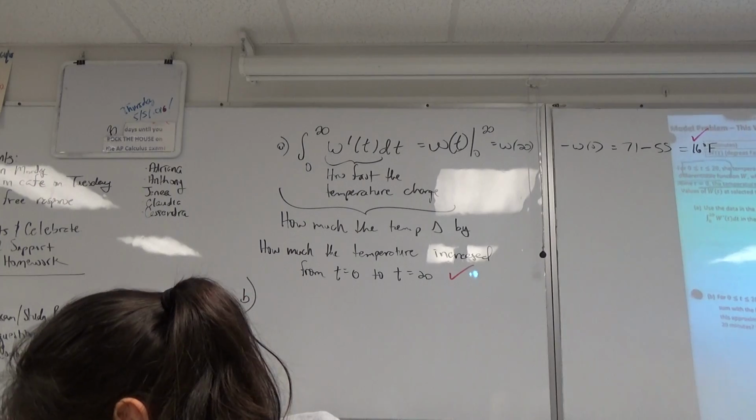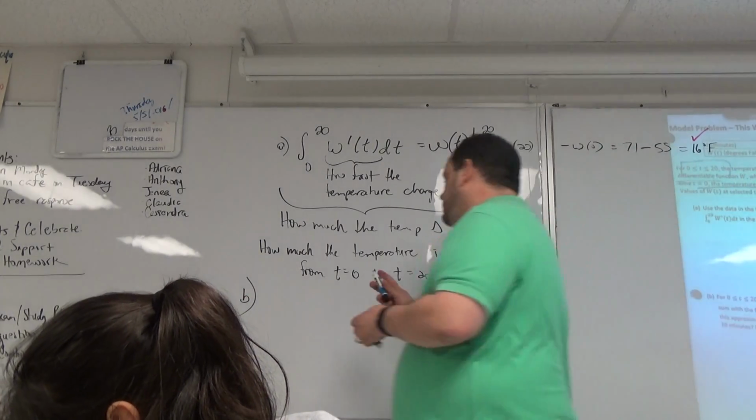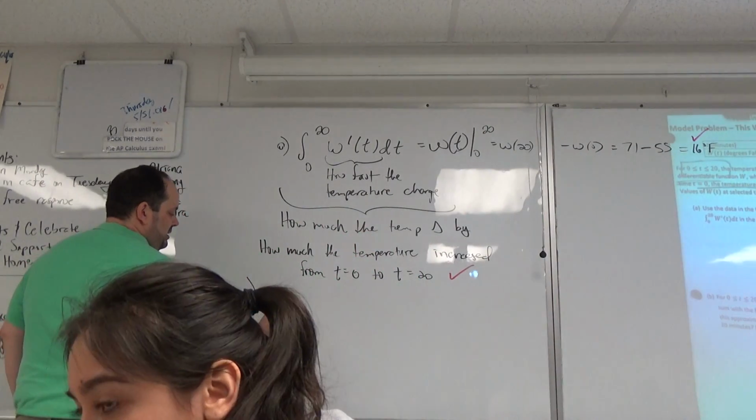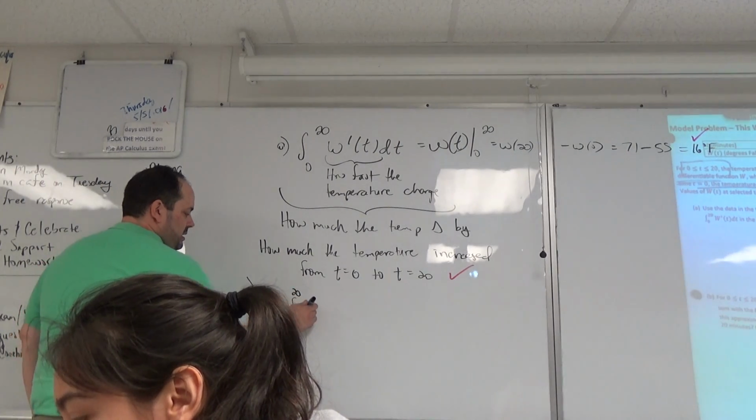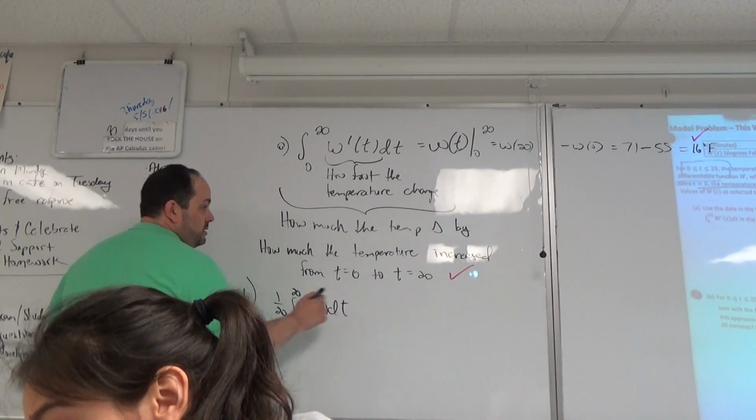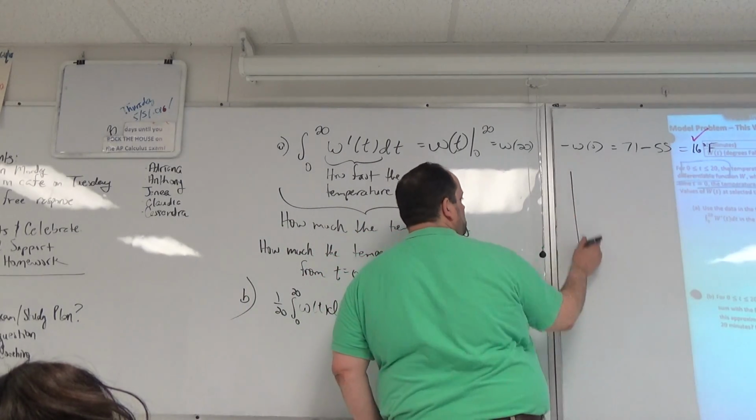Don't make any assumptions. What do we have to divide this by? There's only 4 subintervals. So we need to